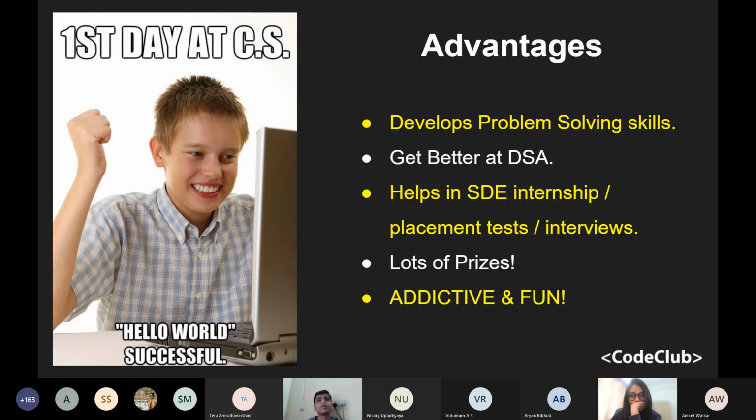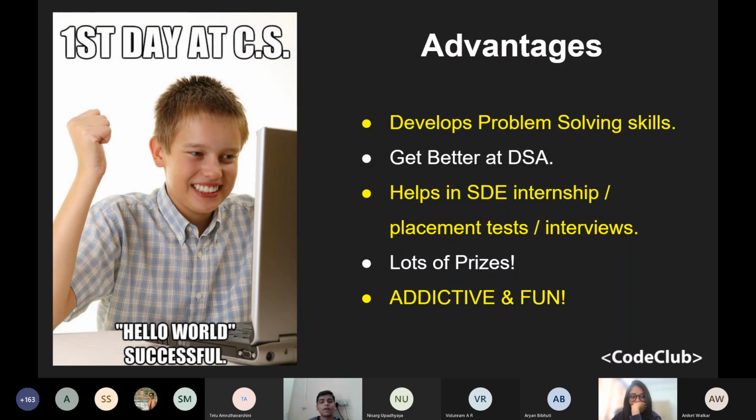You can take part in renowned contests and actually win a lot of prizes. So I don't know how many of you noticed, but Nisarg Upadhyaya right here was wearing the Facebook Hacker Cup T-shirt, which he won for qualifying round two of it. So prizes like that are commonly found in lots of good competitive programming contests, and it's really satisfying to win